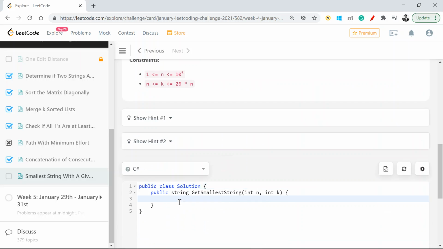One thing that is very straightforward is that, considering we are going to have lexicographically sorted values, I can create a base string which will only contain a, n times. And then we have to go in reverse and see.